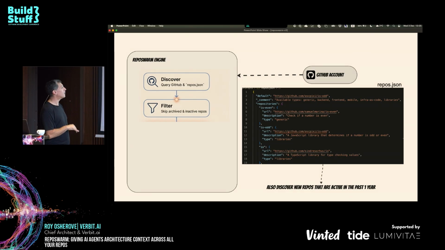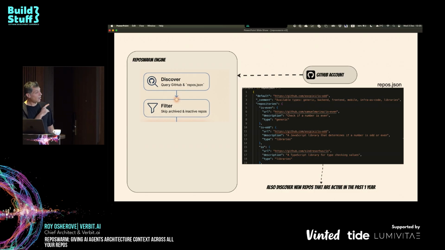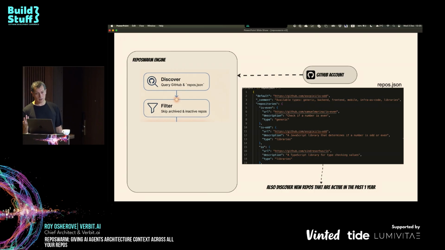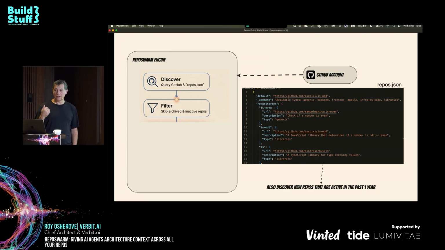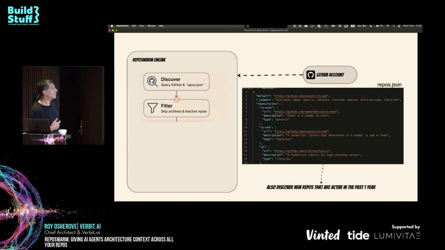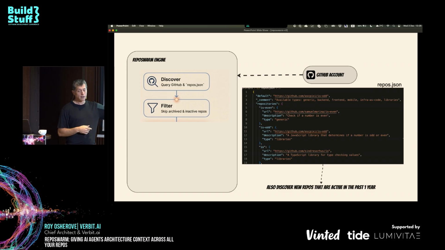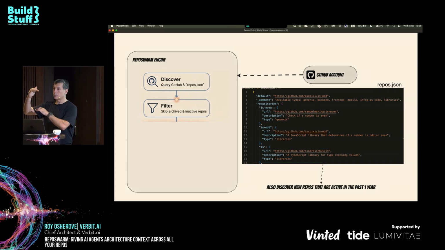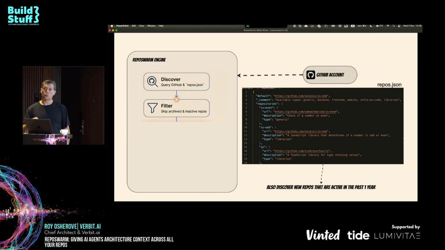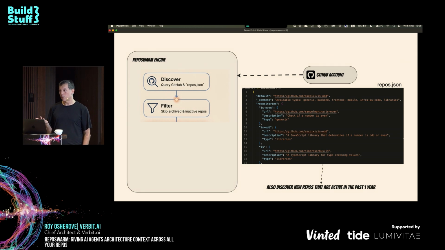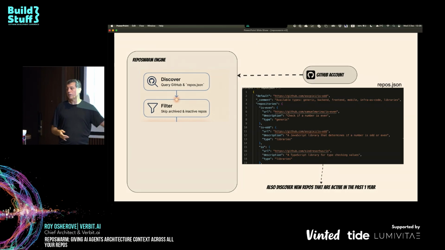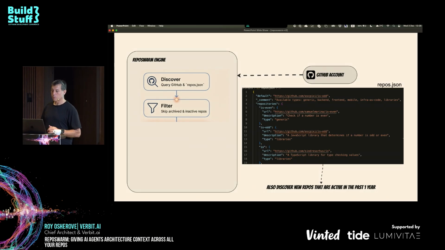And I'll talk more about that tomorrow, like how we ended up building that stuff. But at the basic level, it has access to our GitHub account with a special GitHub token. And it does a discovery. And the discovery it does is based on repos.json. I can give it a bunch of different repos that I really care about, but it will also automatically discover new repositories with new commits. So I don't have to keep updating the repos.json. I can just give it the initial ones. And I can also, of course, give it repos that I don't control, like public repos that I have access to.